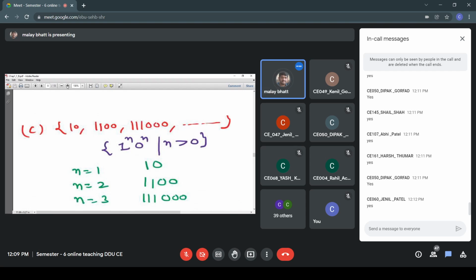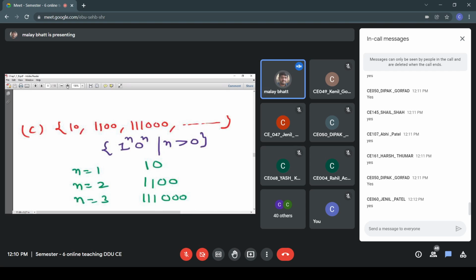So you can see that when n is 1, we have one occurrence of 1 and one occurrence of 0. When n is equal to 2, I have 2 occurrences of 1 and 2 occurrences of 0. So when I write 1 raised to n, that indicates n occurrences of 1. And after that, we have n occurrences of the symbol 0. So here it is not maths that 1 raised to n will give you 1 and 0 raised to n will give you 0, right? Here it is indicating the number of occurrences of 1 and 0.